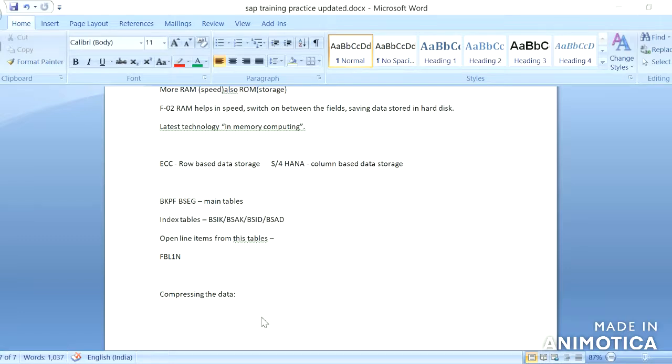Another advantage in S/4HANA is compressing the data.